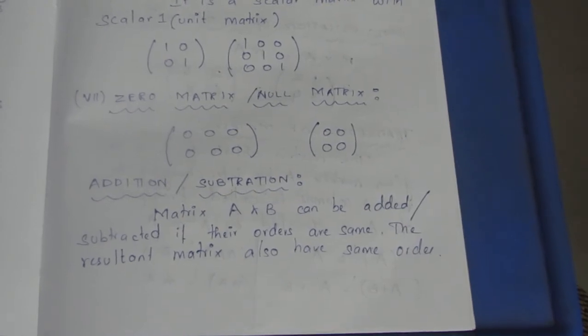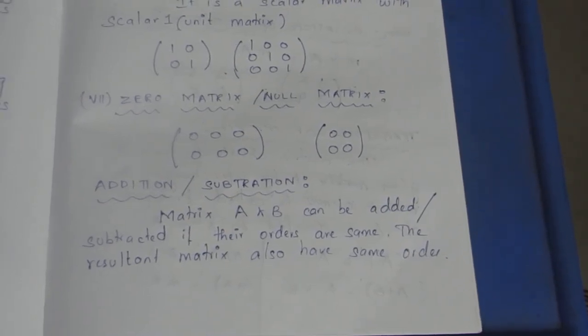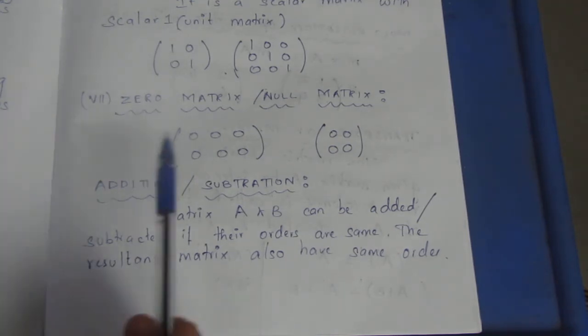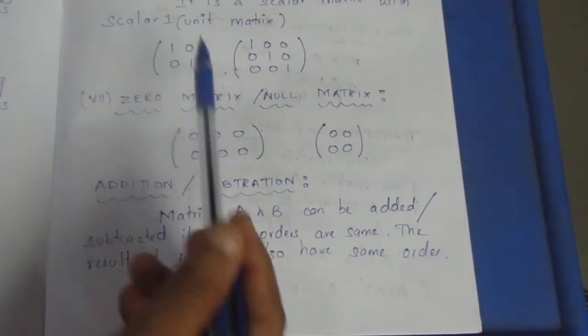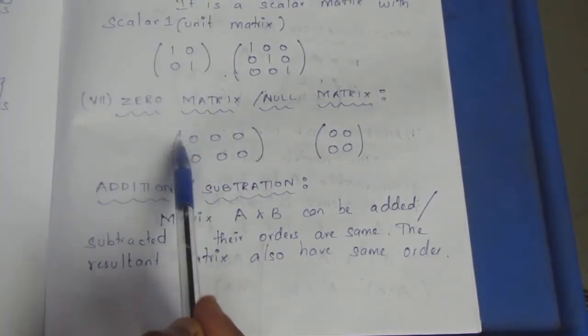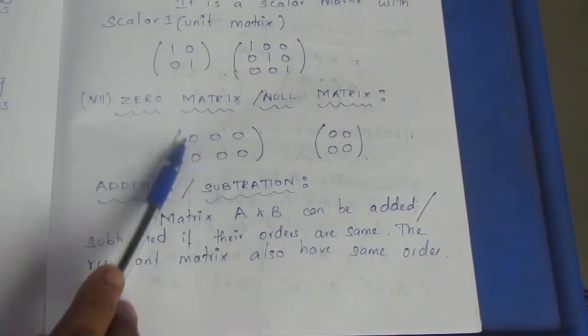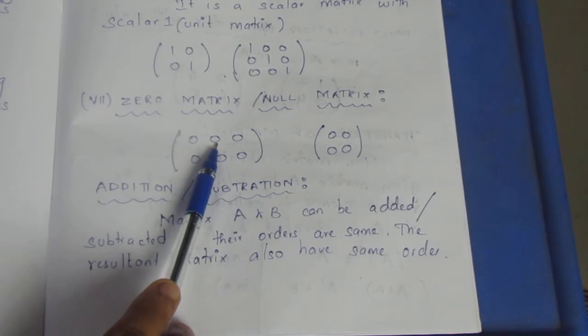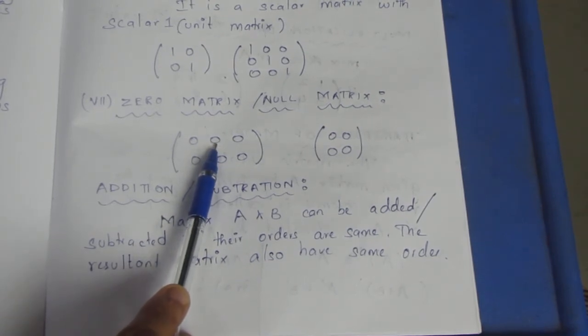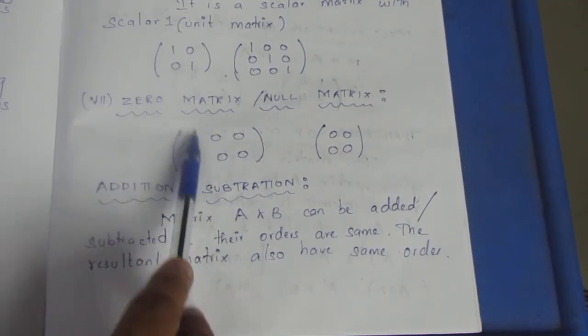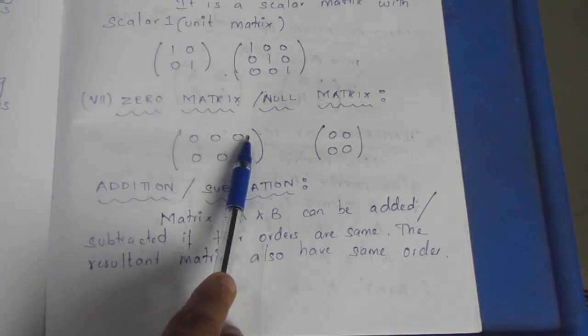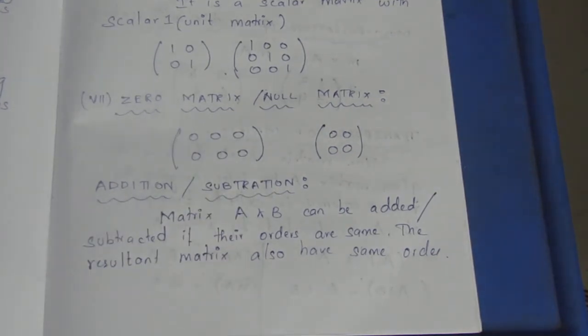Now we'll move on to the addition and subtraction of matrices. Addition and subtraction is quite easy. The first element should be added to the first element, the second element to the second element. For example, this is called A11 because this element is the first row and first column element. In the same way, this is the first row, second column element, A12, and this is the first row, third column element, so A13.